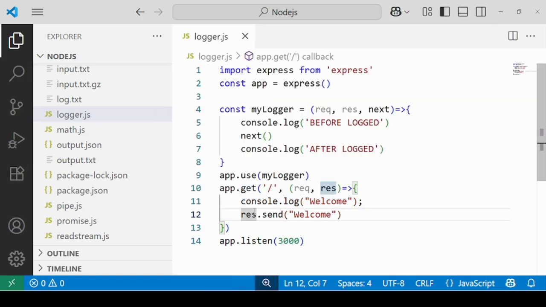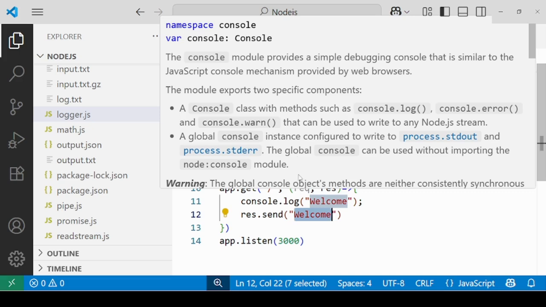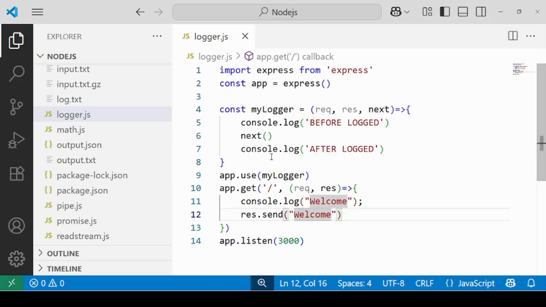Now the route handler will execute welcome and it will send welcome as a response over the browser. After the route handler, the control goes back to after the next function in the myLogger. So the control goes back here. So whatever is there after the next function will be printed and it will print after log.